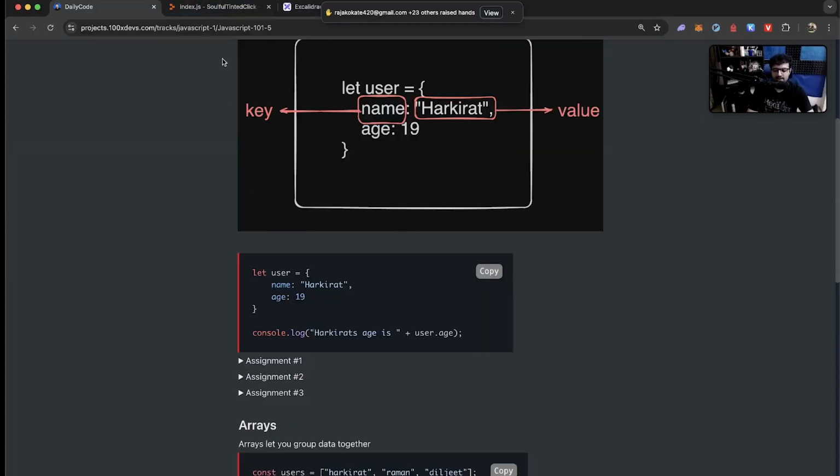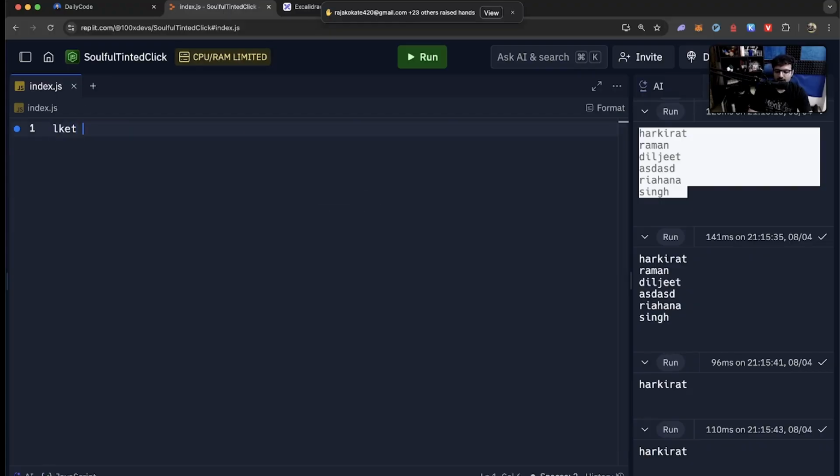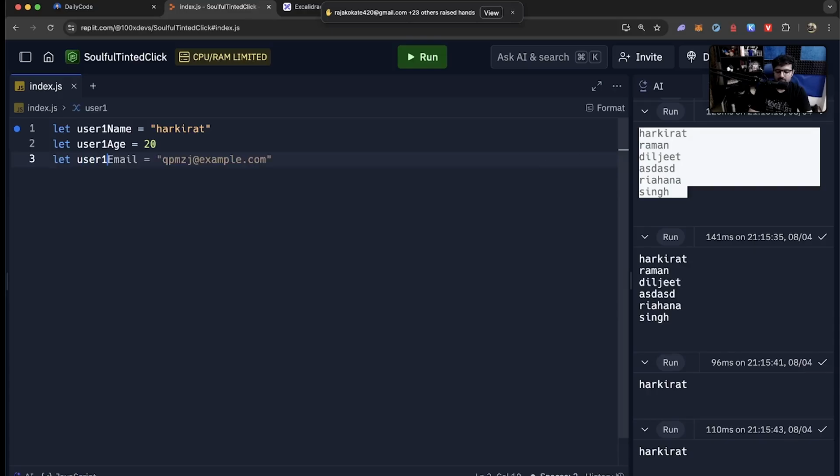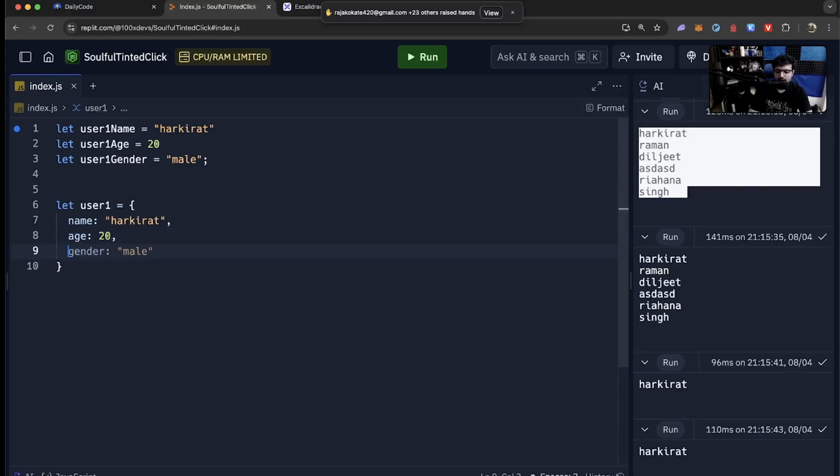Rather than doing this, let user1 name equal to Harkirat, let user1 age equal to 20, let user1 gender equal to male, I can aggregate data. Let user1 equal to name Harkirat, age 20, and gender male. So it just lets you aggregate data slightly better.